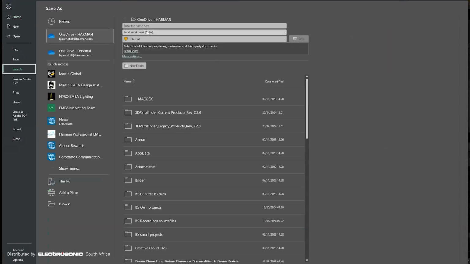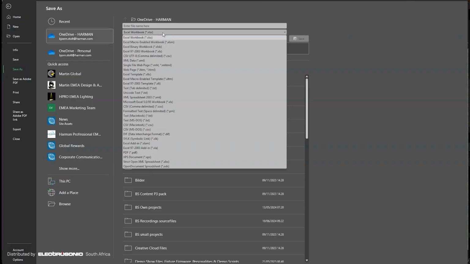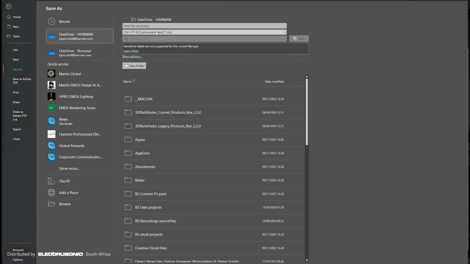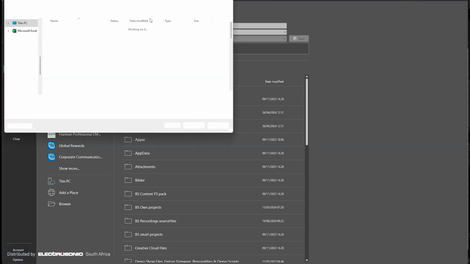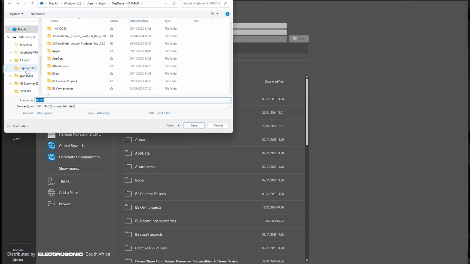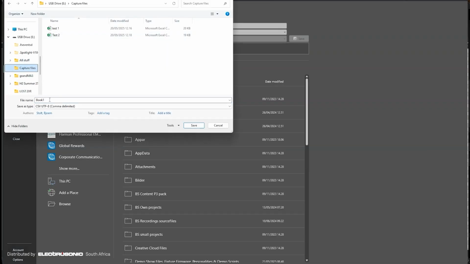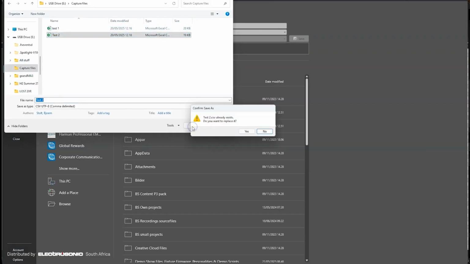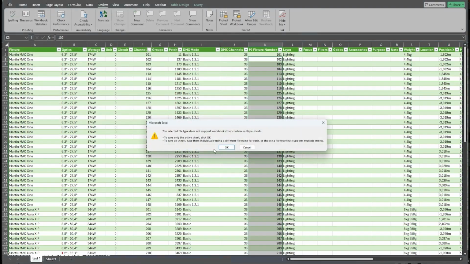I will call this one test2 and then change the format into CSV file again, which is an important step because otherwise you can't import it into Capture. So save that one. It's going to give you some warning that it doesn't support multiple sheet things. Just click OK and you'll be fine. Then go back into Capture